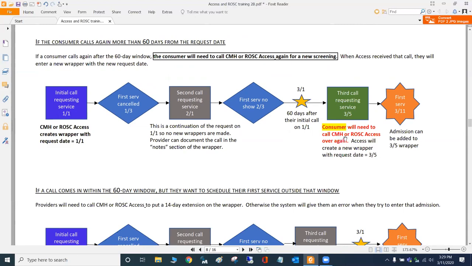Any other questions? I have a question about the jail stuff. So Dawn Farm has an in-jail program, so if our in-jail coordinator assesses a person on March 11th and adds them to the SPARA wait list to come here for short term, and then they get here at SPARA for short term on March 20th, is it correct that the request date would be the day they got to SPARA, not the day that they were assessed in the jail? It's the day they were discharged from the jail.